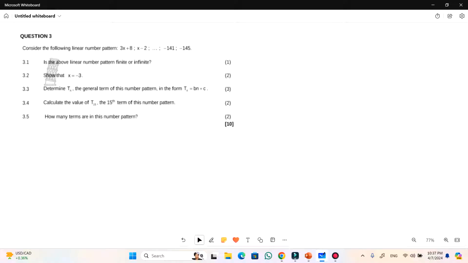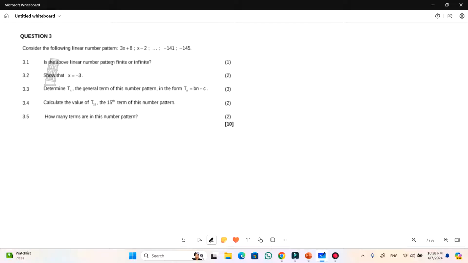You know that in a linear number pattern there is only one common difference, there are no two or more. So we just need to find the value of d and the value of a here. Since we have a variable, which is x, we need to find the value of x to get the real value of our first term. Now the first question says